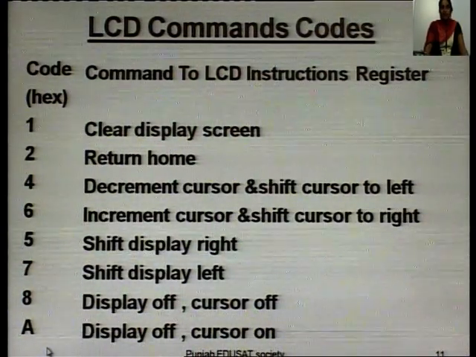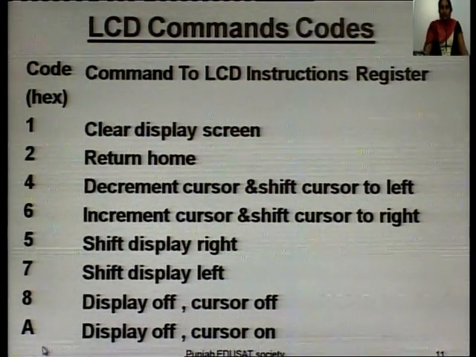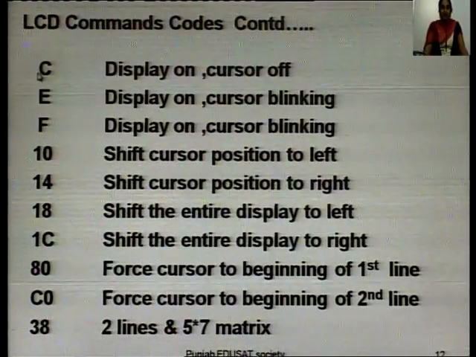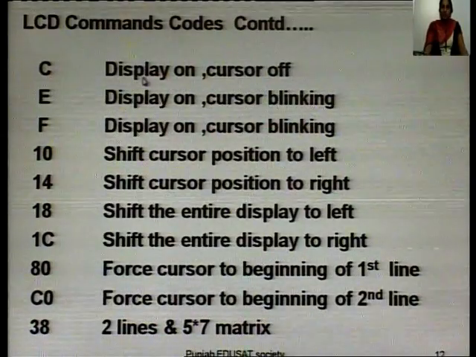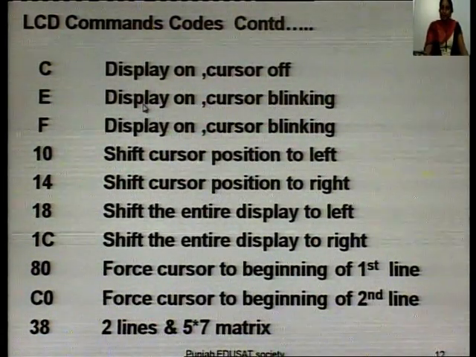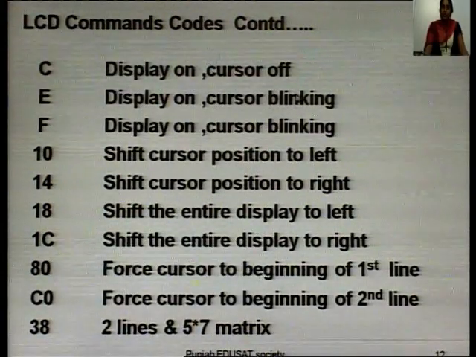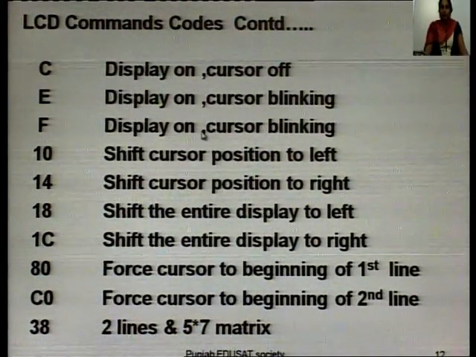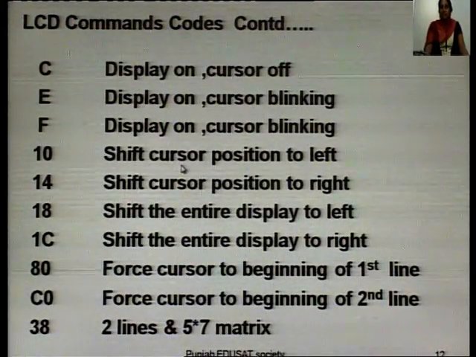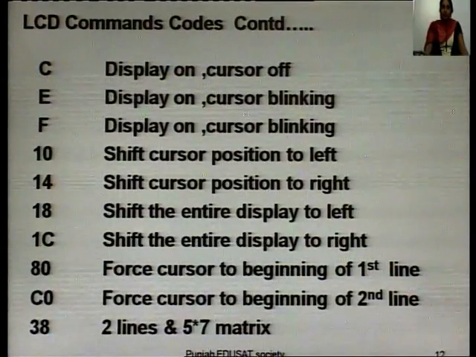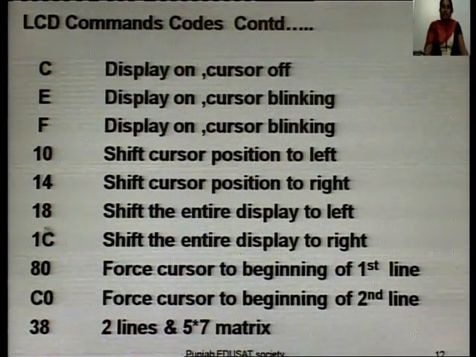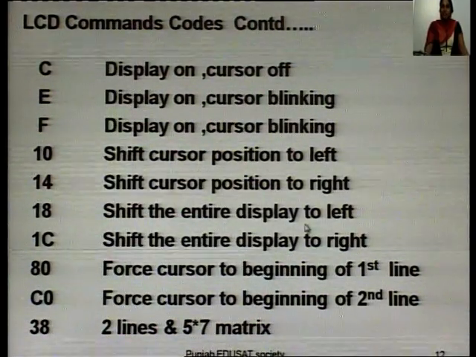Number A is used for display off, cursor on. After that, C is used for display on, cursor off, E is used for display on, cursor blinking, F display on, cursor blinking, 10 shift cursor position to left, 14 shift cursor position to right, 18 shift the entire display to left,